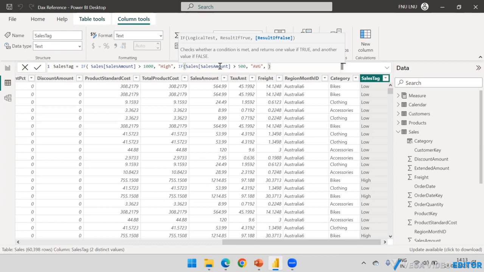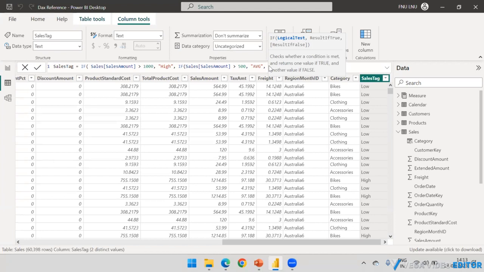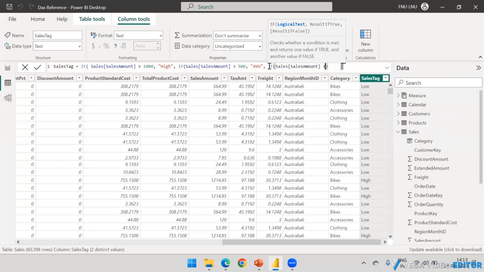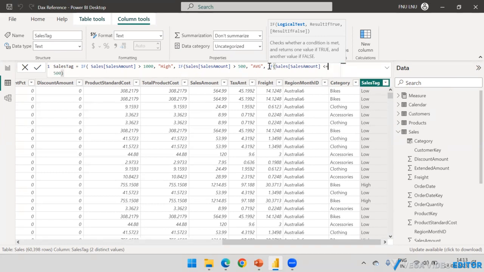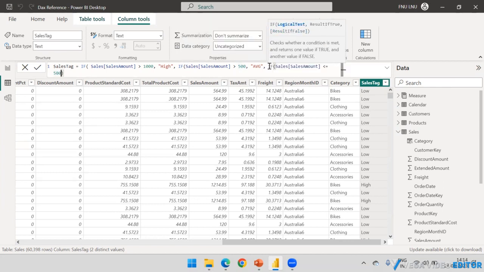So if you want to give the next condition, obviously, as I said, result if false, the place where we have to mention the value, here you can put the next condition. So if I say if the sales amount is lesser than 500, instead of lesser than, I would like to use two operators, lesser than or is equal to. In that case, what I can do, I can simply say low sales. I'm just creating tags, and if